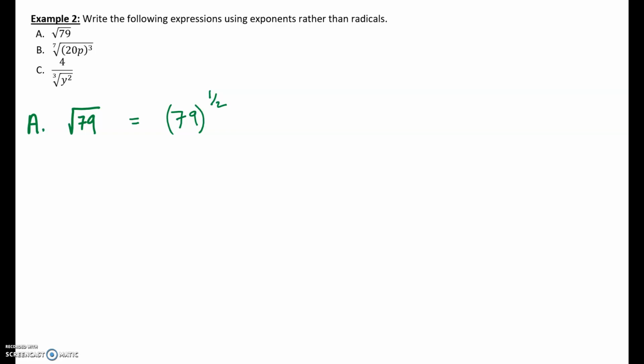So all we're trying to do here, we're not trying to find the square root of 79, we're just trying to write it in a different form, in a different way. So the square root of 79 can be written as 79 to the power of 1/2. Let's move on to the second one,